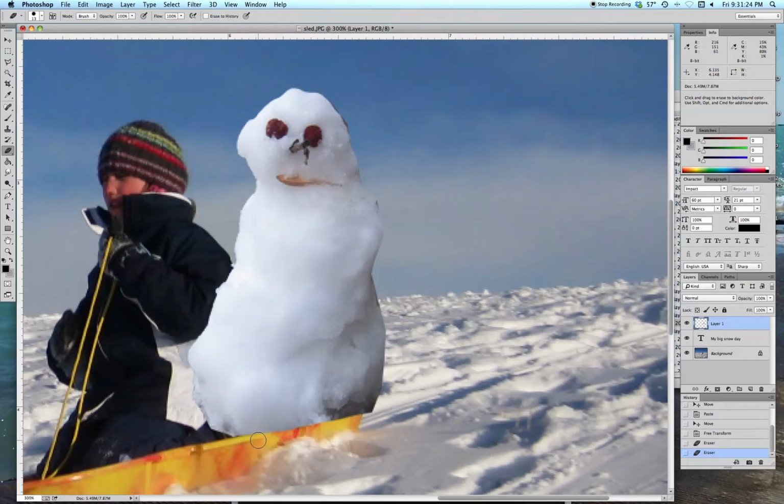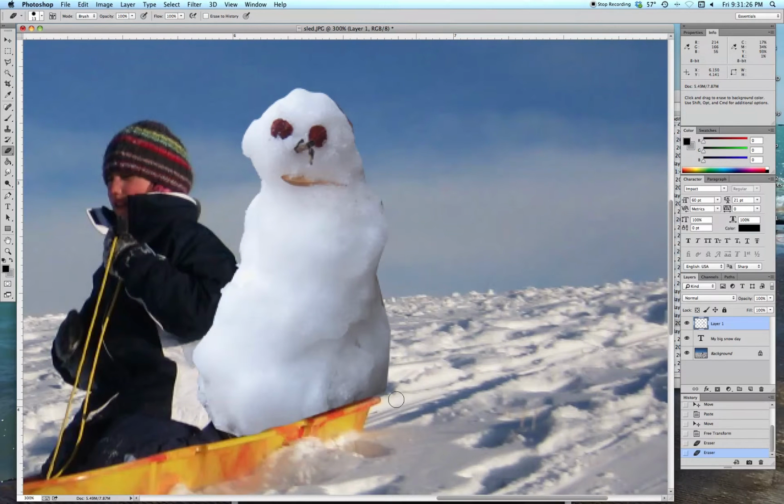Now, that might be kind of a tricky thing here. Let's see. That looks pretty... Oh, shoot, I messed it up. Okay, undo. Now, there's a better way to do this, actually. Let's move back a couple of steps before we erased it. In our layer palette,